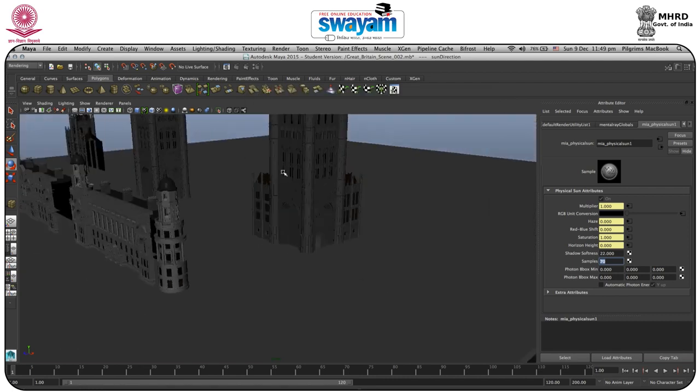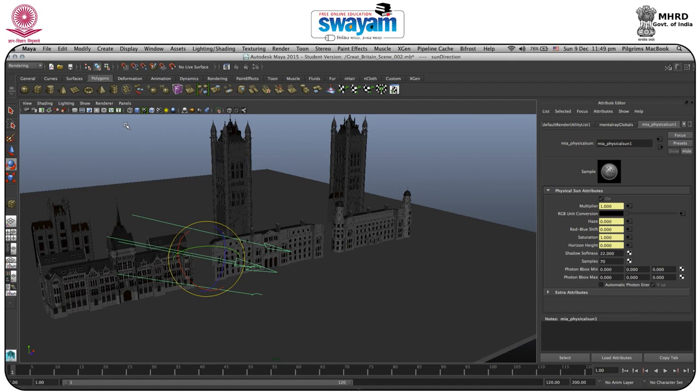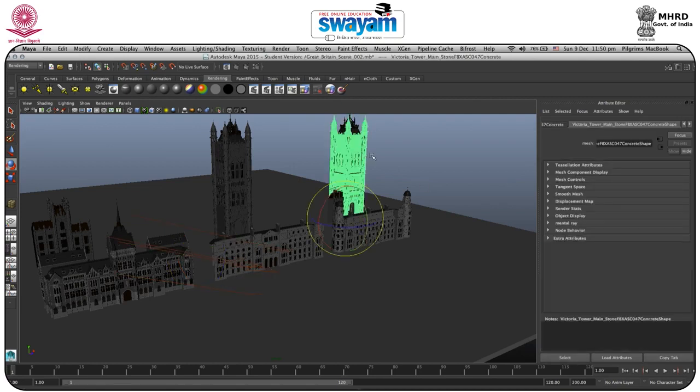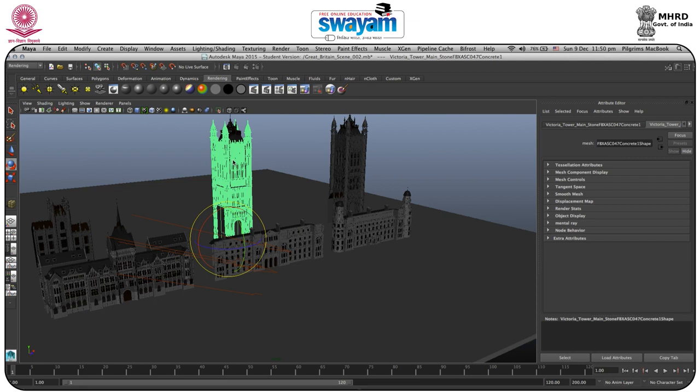And one more thing, if you want to add extra lights with it, you can do it well by going to rendering, and you have the another lights, as you know, just click in the light and it form a new light, and you can just use it. And also make sure that whenever you're working in a file, you should at least apply some texture so that it will look quite well.